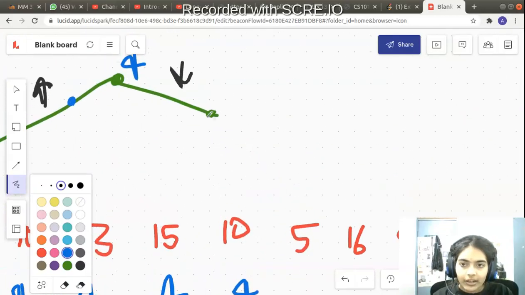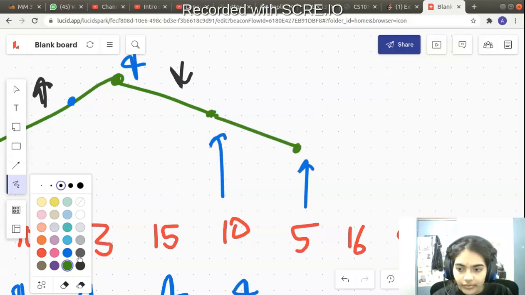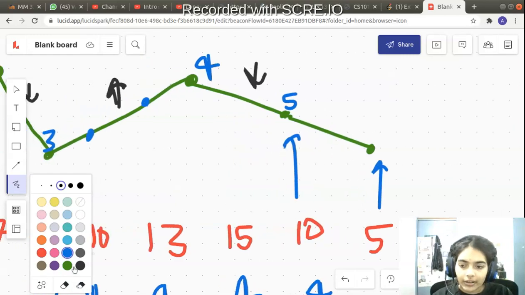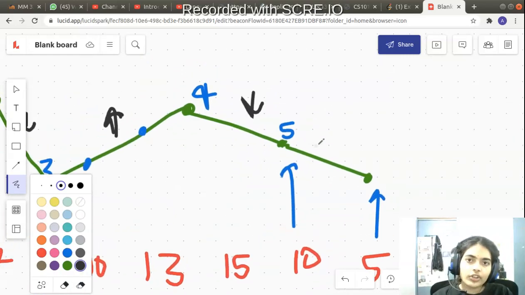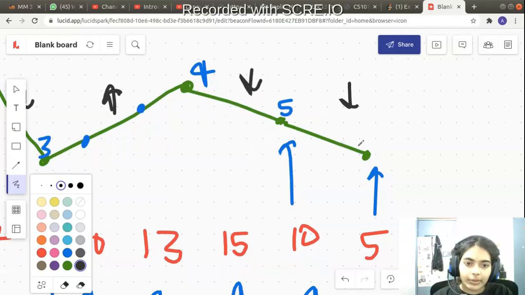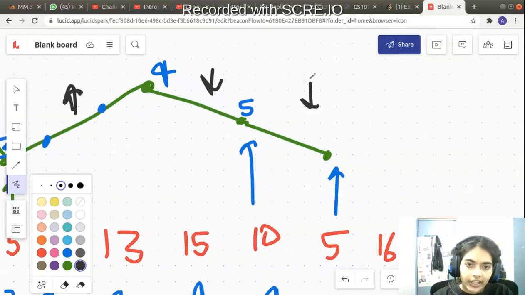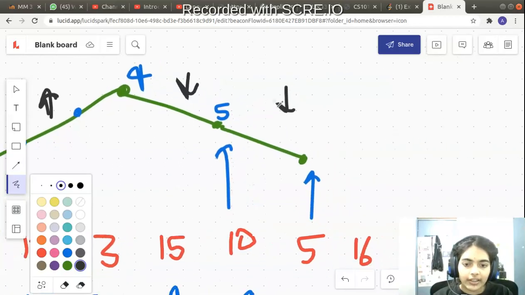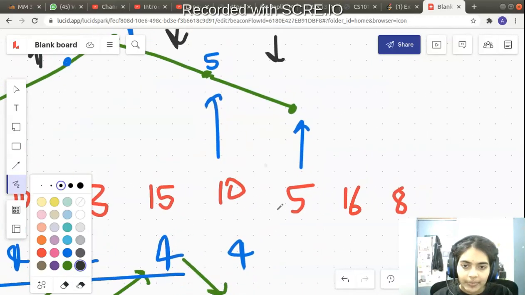Let's go to 5. This was at 10, now let's go to 5. Here again I have a node which is decrementing. Now this is again destroying my wiggle subsequence. I don't need this useless node, because I had already decremented the quantity. Now I needed a quantity that was incrementing, but again I have a quantity which is decrementing. So from 15 I went to 10. Now from 10, if I go to 5, after decreasing again I have a decreasing quantity. I want an increasing quantity after this. So this is again a useless node.